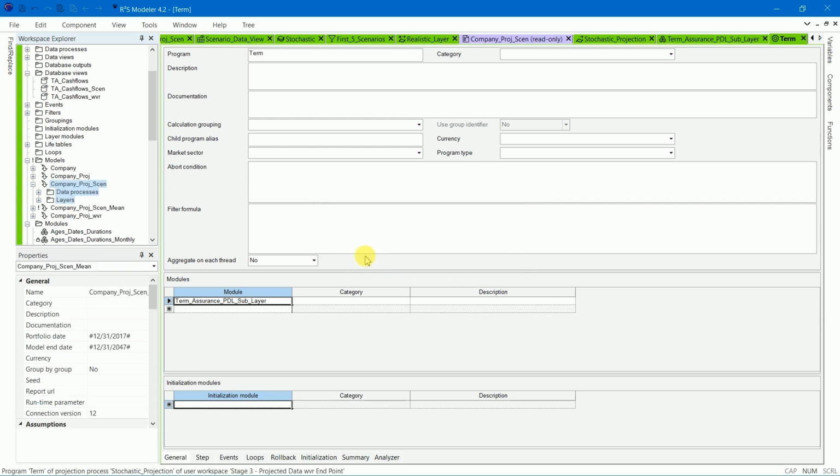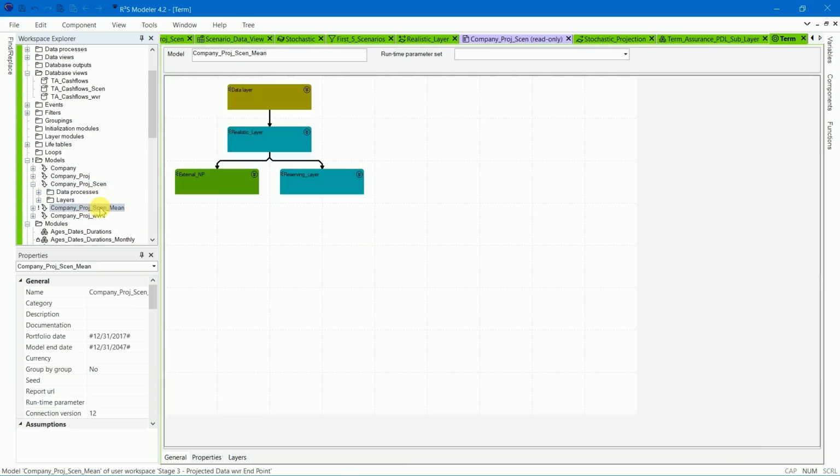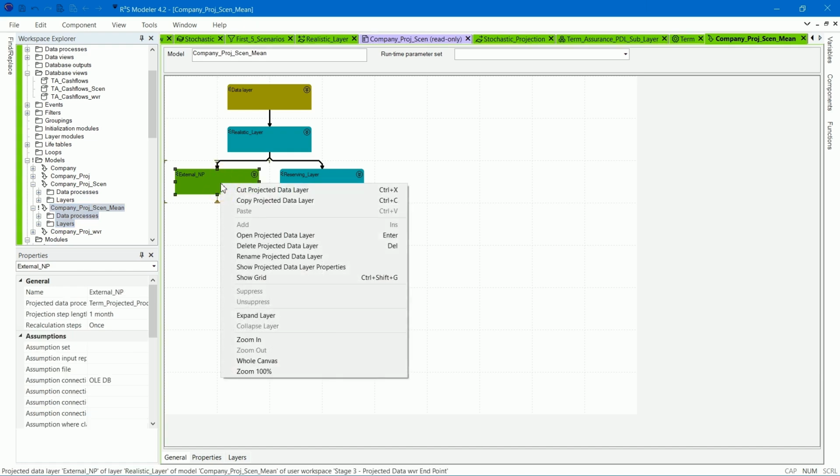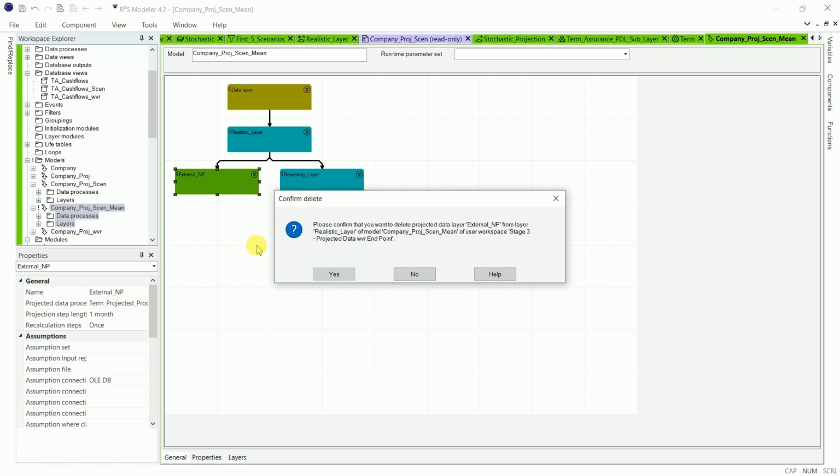Open it. First, delete the external NP projected data layer. Right-click on it. Select Delete Projected Data Layer and click Yes.